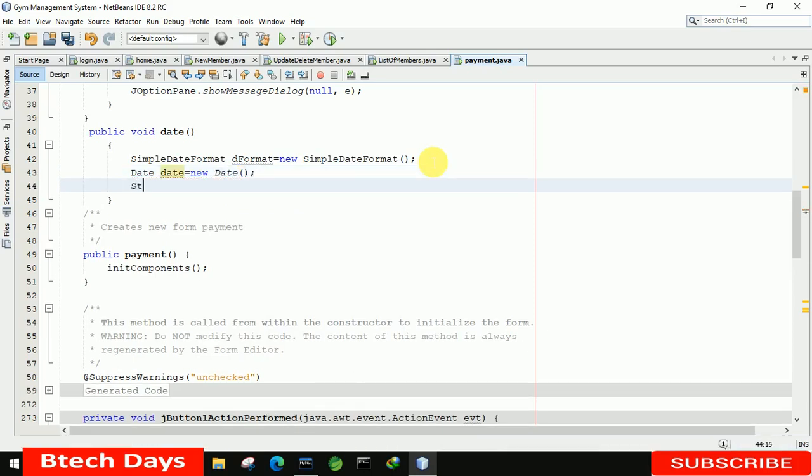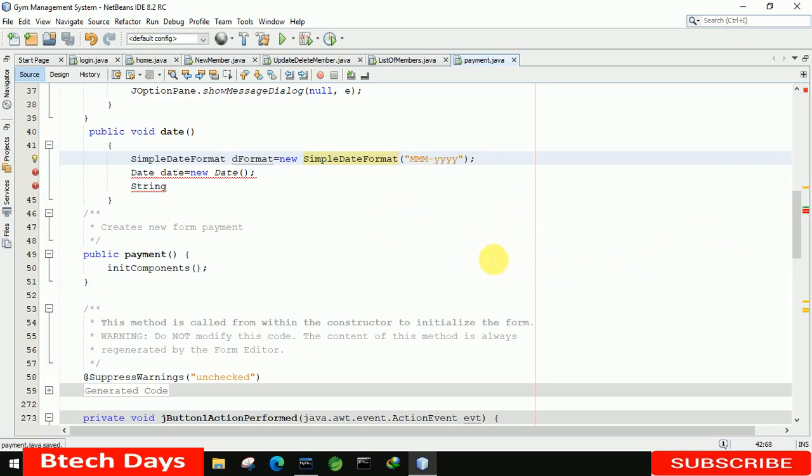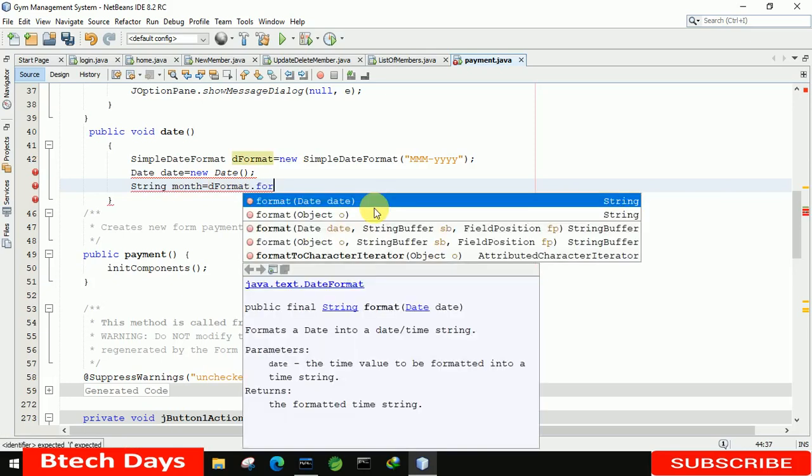After that, let's take a string. Here we decide the format in which we have to take the date. So it should be capital MMM, after that a small y four times. Then a string month. We have to take just the month, not the complete date. Day format this one, and let's take this.